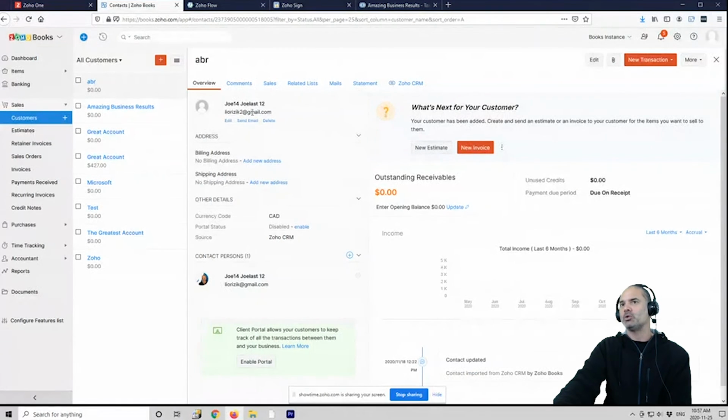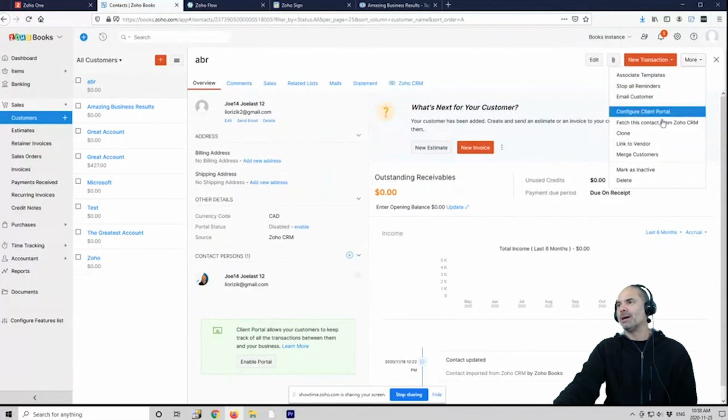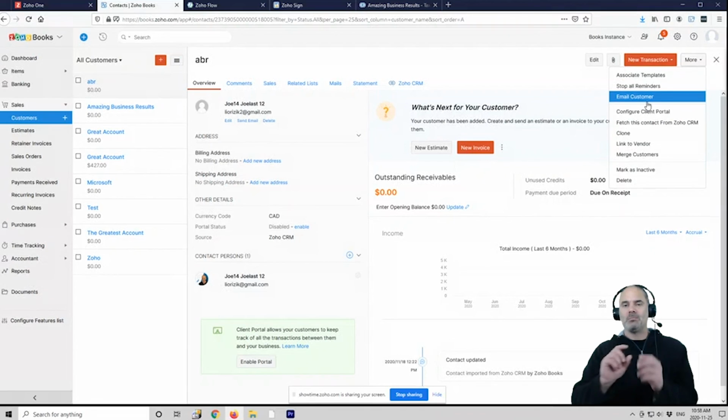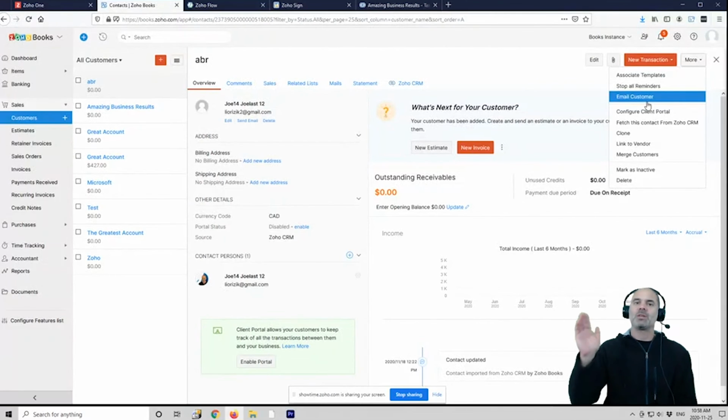Now, when you're going to a specific customer, on the right side, you see you have more. You have the ability to load. I don't have integration with a billing like Stripe, so I won't have this option. But you have one more option, which is request credit card details from the client. Yep, so I know that one. Yeah, very good.